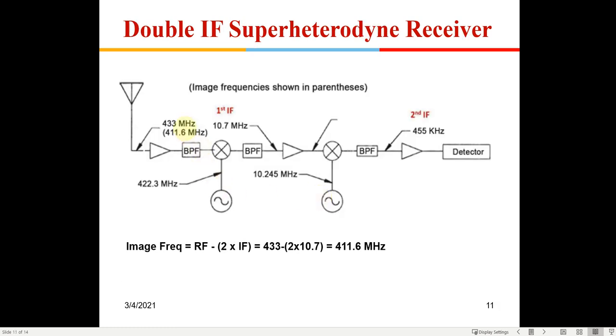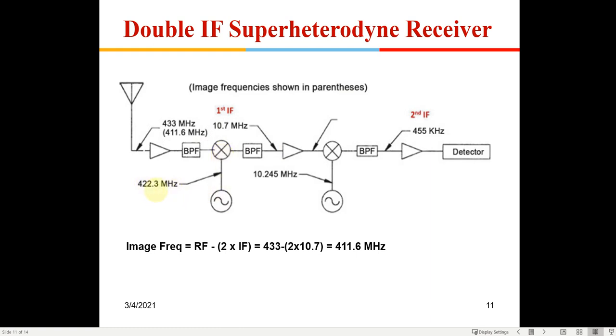Simple. We are going to use a combination of these two IFs. So we are going to have two IFs here. This is an actual practical circuit, which is there in most receivers. You have an RF amplifier, a tuned circuit. Then you have the first local oscillator, where the first IF is generally 10.7 megahertz. In this case, the local oscillator does not necessarily have to be RF plus IF. You can also use RF minus IF, because that will also give the same IF, since it generates both the sum and difference frequencies.